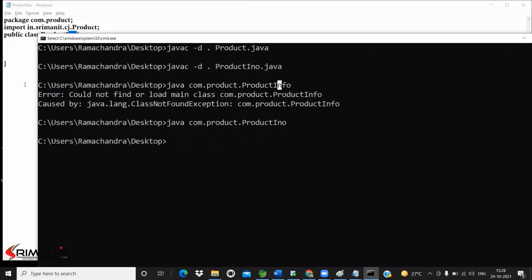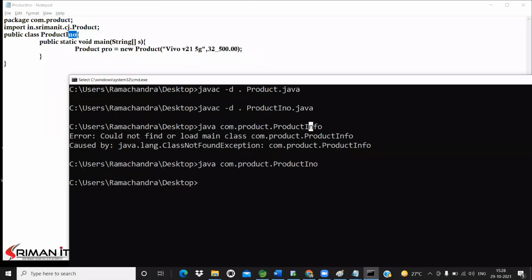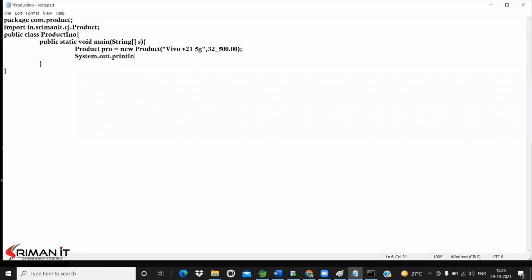Now observe here clearly. I'm creating an object for Product, pro. Now System.out.println. I'm printing pro, nothing but the reference variable. If you're printing a reference variable, what do we have in the reference variable?